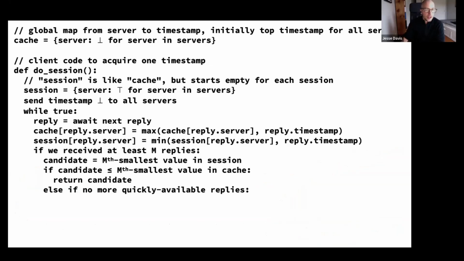If the candidate is not less than or equal to the nth smallest in the cache, and there are no more quickly available replies, the paper is vague about when this line runs. There's probably some configurable timeout about how quickly you start retrying. But regardless,